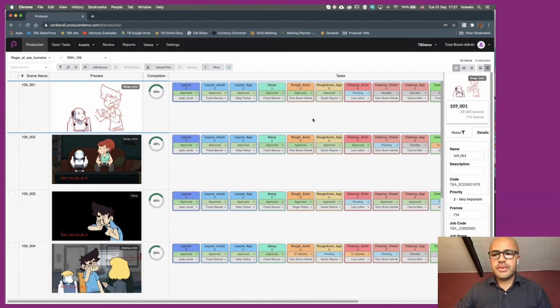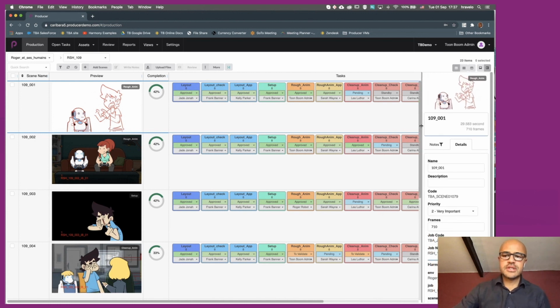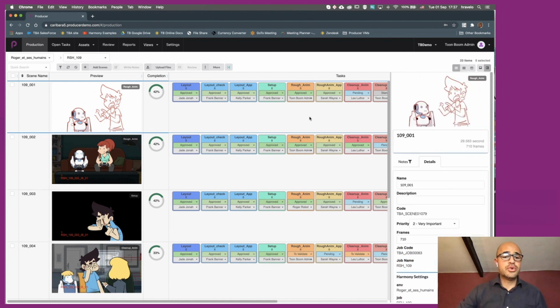In the same window, there's a couple of things that you can also do. For instance, we can preview the version that is currently being uploaded for that scene. Over here, you have a preview window, and you can have a list of all the versions that are available for this particular scene. For instance, by clicking on this, you can see that there's been 3 versions of rough animation that were uploaded for this particular scene. So this keeps the history of all the versions available with their timestamp and date.